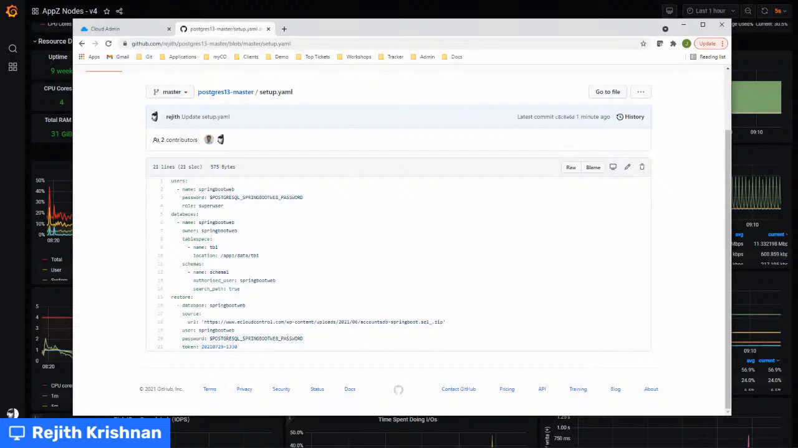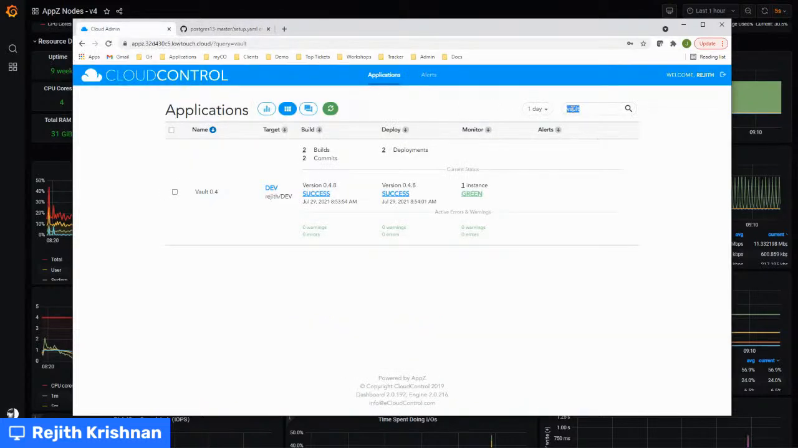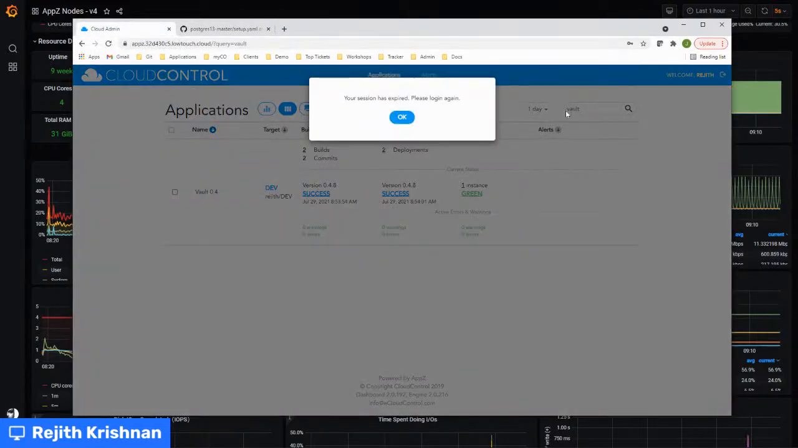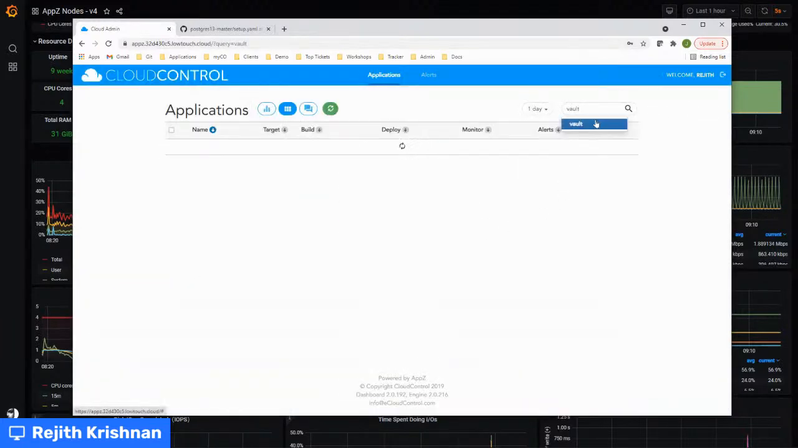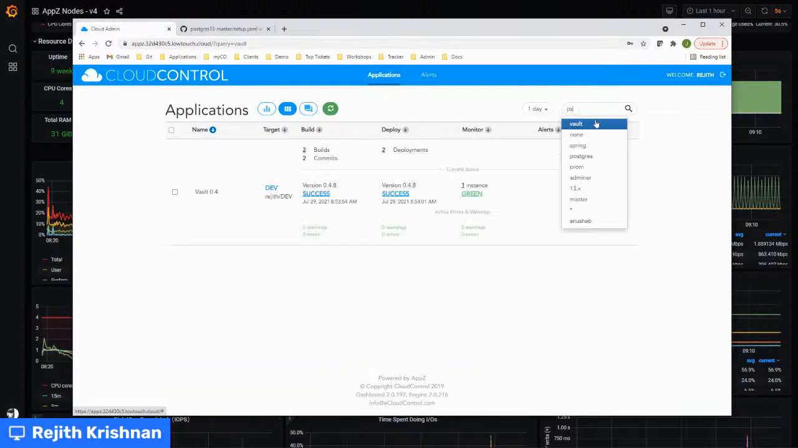And the last part is the restore, which is if you want to restore the Spring Boot database that is getting created from a dump file, that you can do. So let's